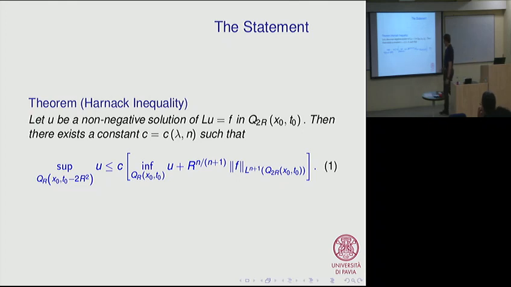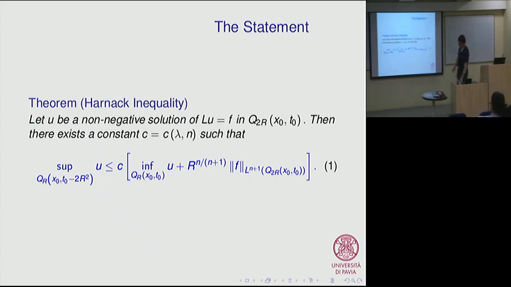Then there exists a constant c, which depends only on the space dimension n, and on lambda, which is the smallest angular value, which I showed you before when I first presented the matrix. So we have this constant such that the supremum over this cylinder of u is bounded above by the infimum over the other cylinder plus this extra term. Then I will say a few words about this extra term, because basically we can get rid of that,